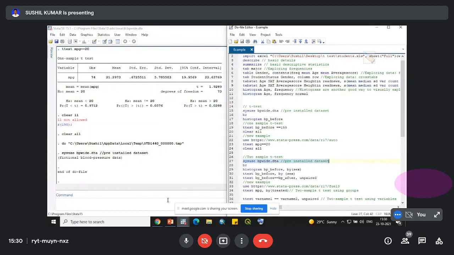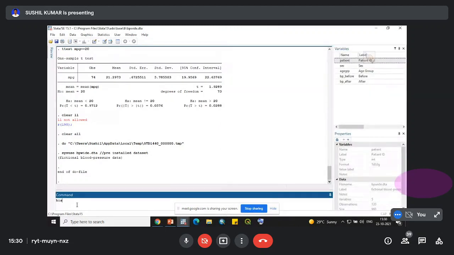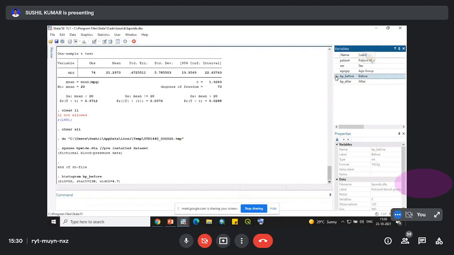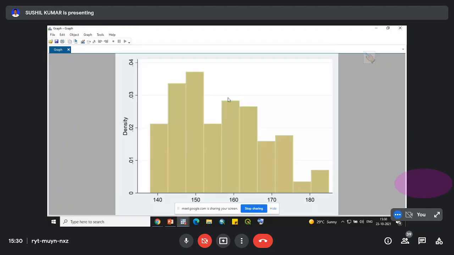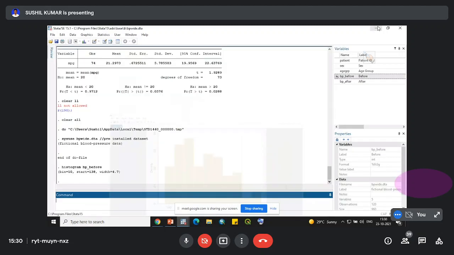Now, first of all, we want to see a histogram. Earlier, we saw a normal histogram for this. This was the normal histogram that we have seen before. Now, I want to categorize it into two groups, male and female.